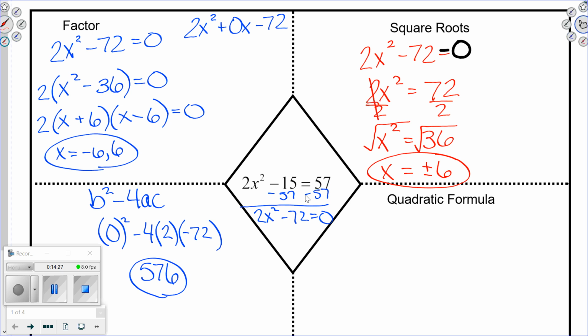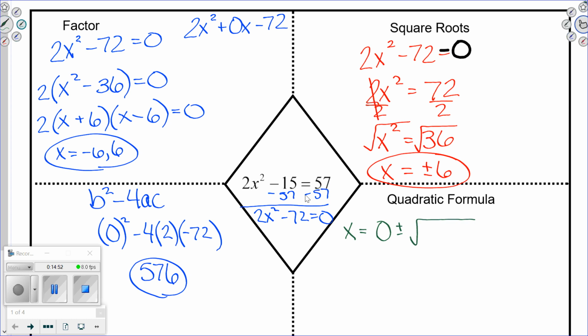Can I use the quadratic formula? I mean, no. Oh, okay. The answer is always yes for the quadratic formula. We may not want to, but we can. So what's negative b? Negative 0. Just 0. Yeah, don't write negative 0. That's going to make me irritated. So plus or minus the square root